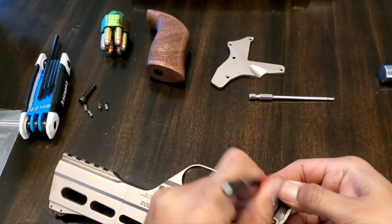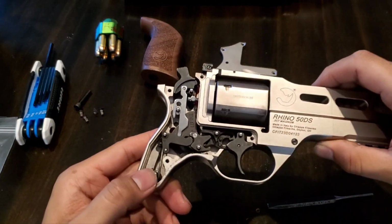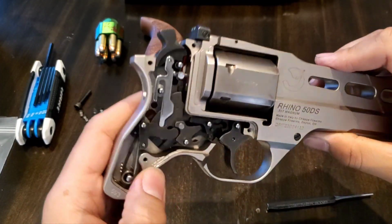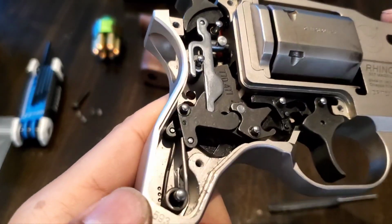Oh yeah, let me do this off camera. All right, we did it. Took me a good minute, but I'm about to do a little resurfacing on this part. Kind of scratch it up. The spring, as you can see,